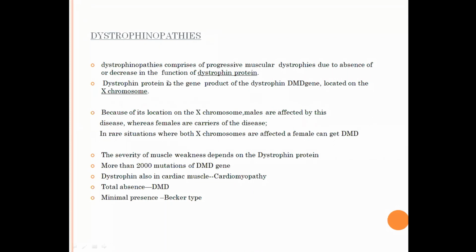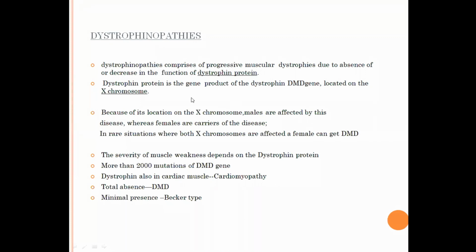What are these dystrophinopathies? Dystrophinopathies are muscular dystrophies due to absence or decrease of a protein called dystrophin. Dystrophin protein is very important for the muscle to contract. So that means without dystrophin, the muscles become weak. Now this dystrophin is a gene product of what is called the DMD gene, which is located on the X chromosome. So if there is a genetic abnormality, dystrophin production is not there, and so the patient's muscles will